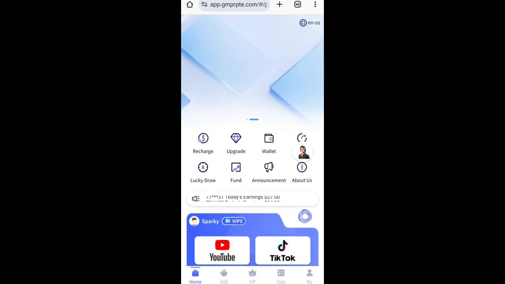When you look at this platform, you can see the option of recharge. You can see the option of wallet. Please, on no condition should you recharge anything on this platform. Do not deposit. This is a serious warning. Please and please guys, I repeat, do not deposit.